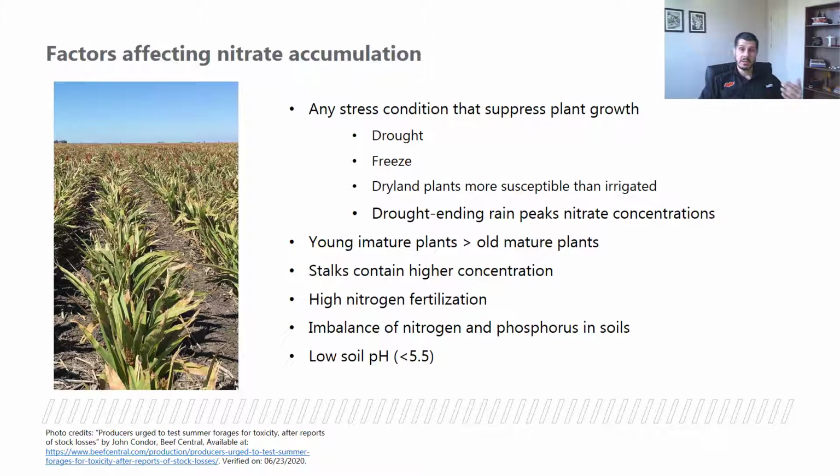Now, another factor here is the stage where your plants are. A young immature plant has higher chances to accumulate nitrate than an old mature plant. Also, and that's very important, let's talk about where the nitrate toxicity is in the plant. Most of the nitrate is concentrated